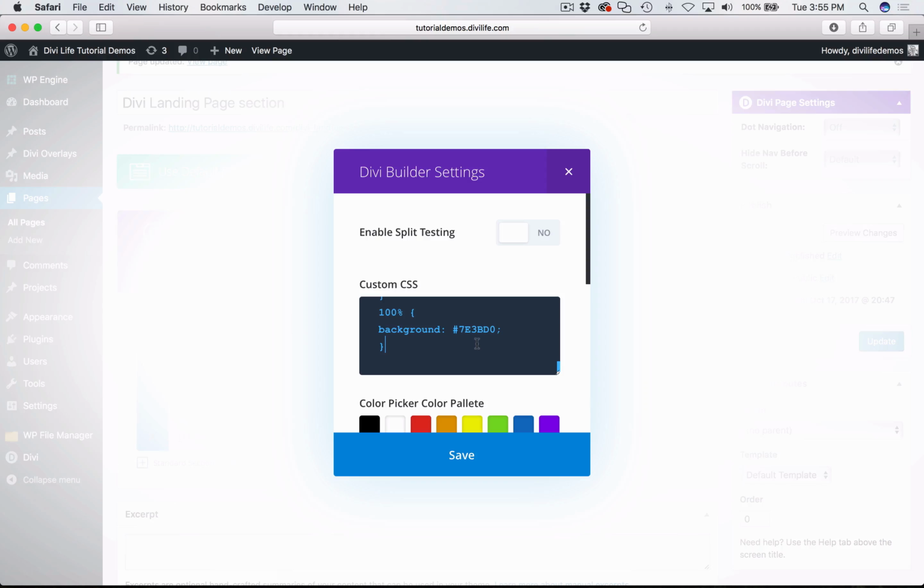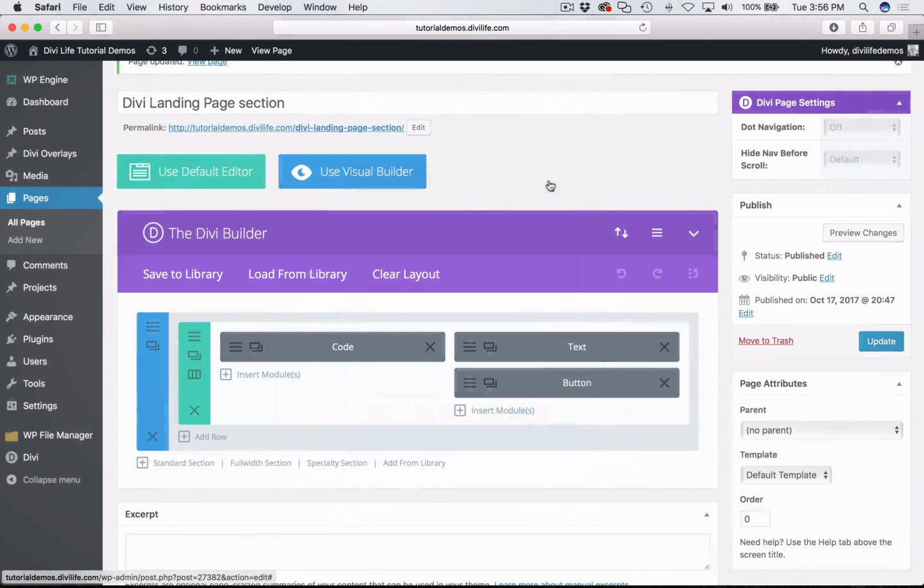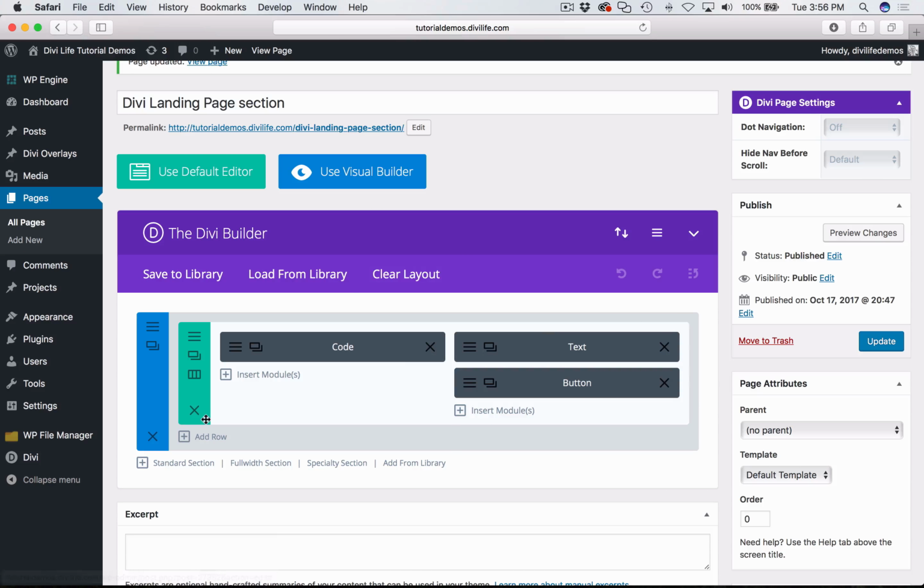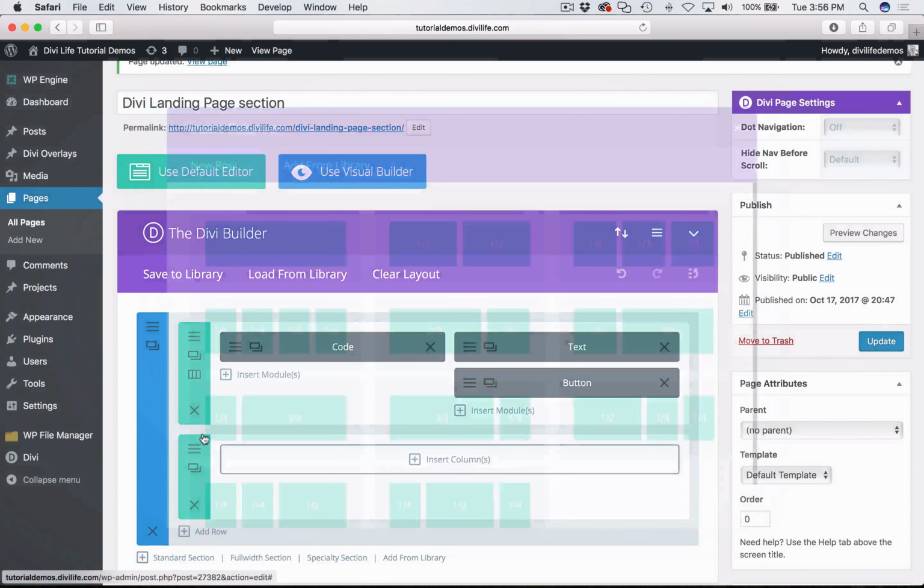Actually, I don't want to put it here because as soon as I save and come back to this page, it's going to strip out all the line breaks and everything. So I'm actually not going to put it there. That's normally where I would put it if it's only going to be for one page, but I'm going to go ahead and just add a row here,